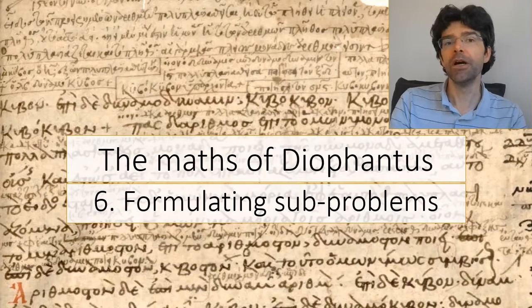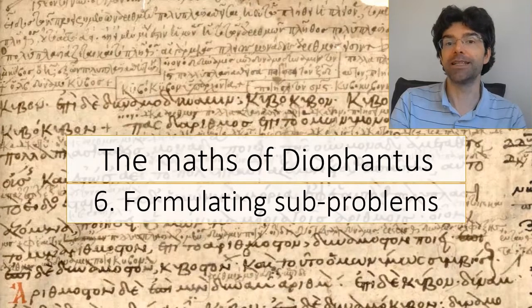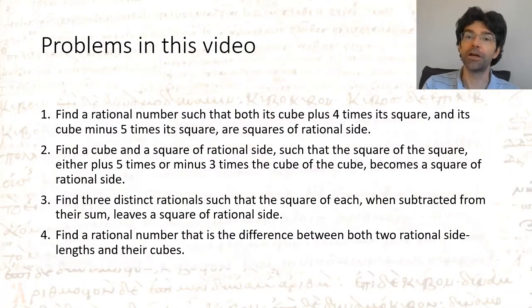In this video, we'll look at how Diophantus didn't actually just use trial and error in such cases, especially after the beginning of his work. He preferred to analyse how to fix his method and to set that up as a subproblem. To see this in action, we're going to look at these 4 problems, and as usual I'd advise you to pause the video here and have a think about them yourself for a bit.